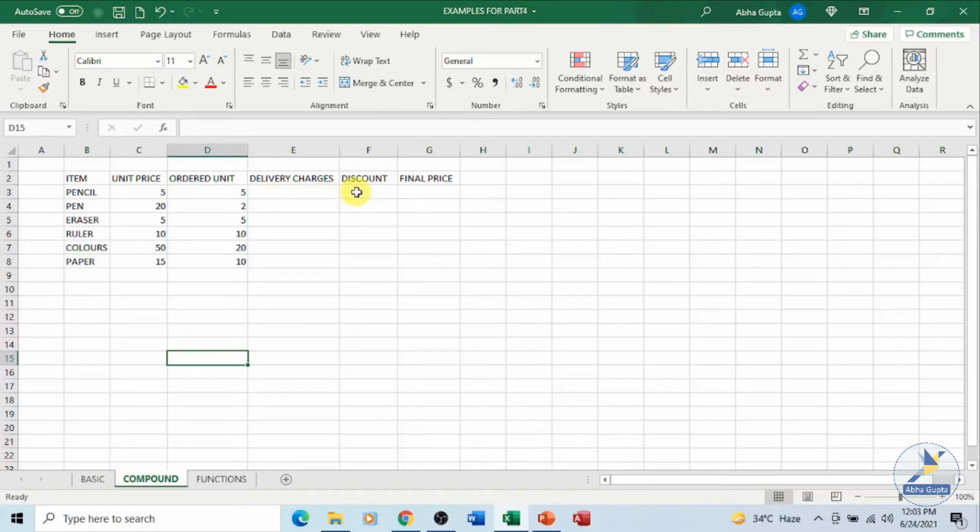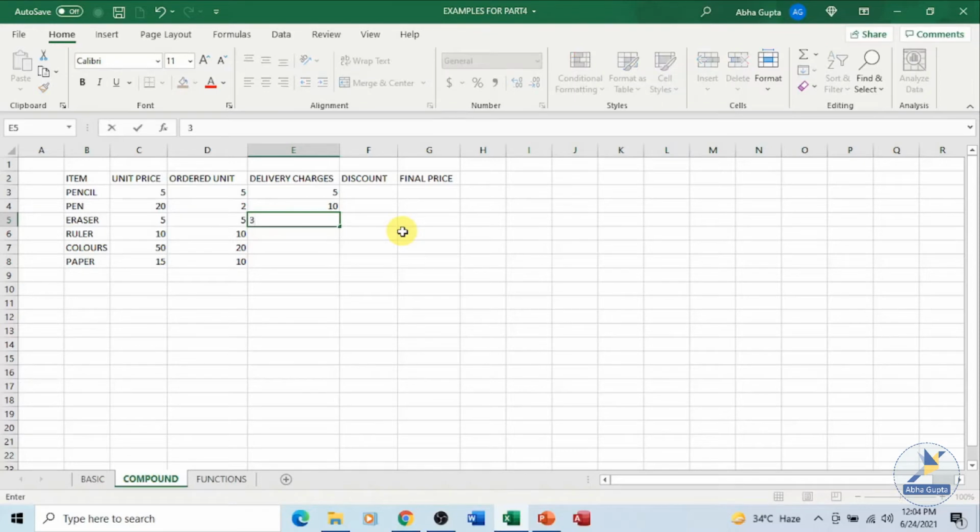If the person is giving any discount, it will be deducted from the amount which we get. Let's enter some data over here. Delivery charge for this is 5 rupees, for this is 10 rupees, for eraser it is 3 rupees, for ruler it is 20 rupees. Let's quickly enter some data, the discounts also.